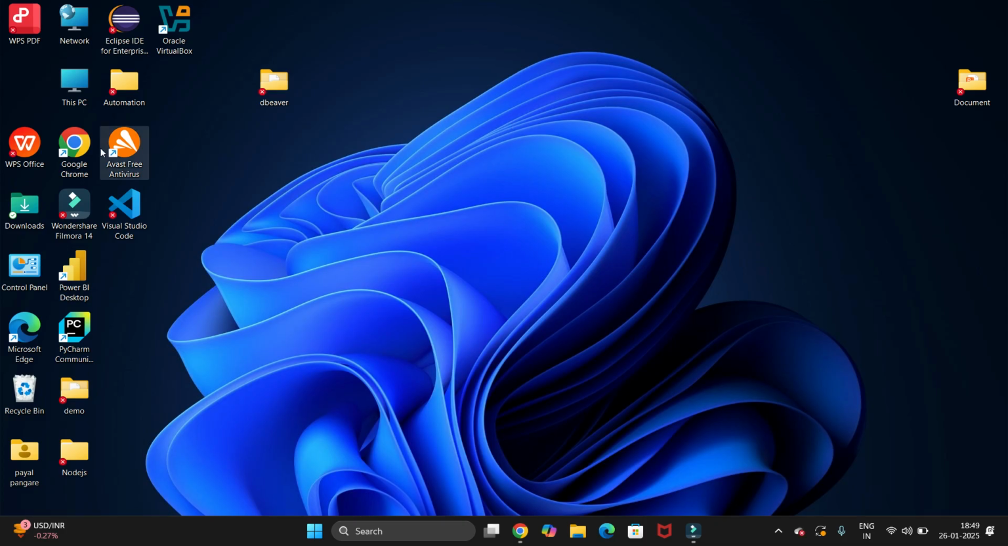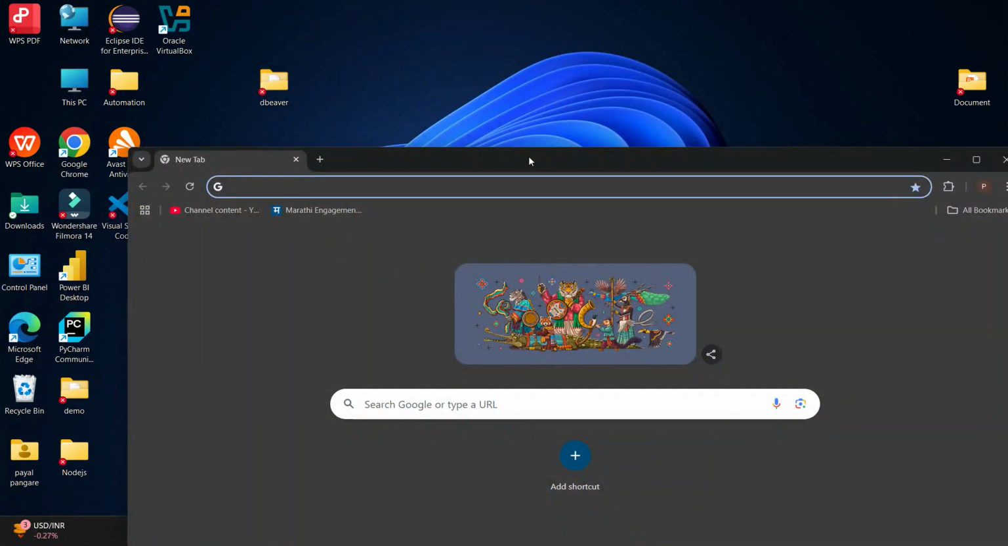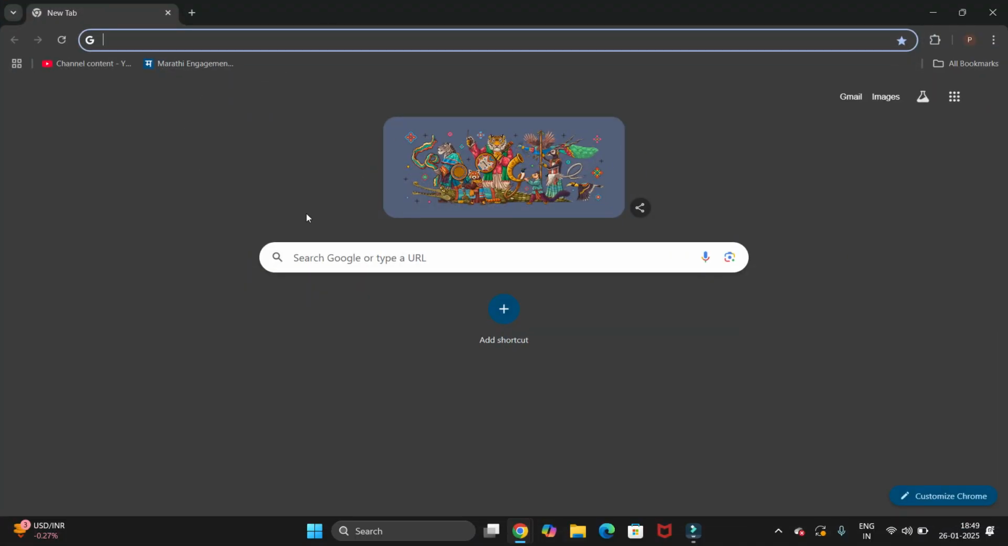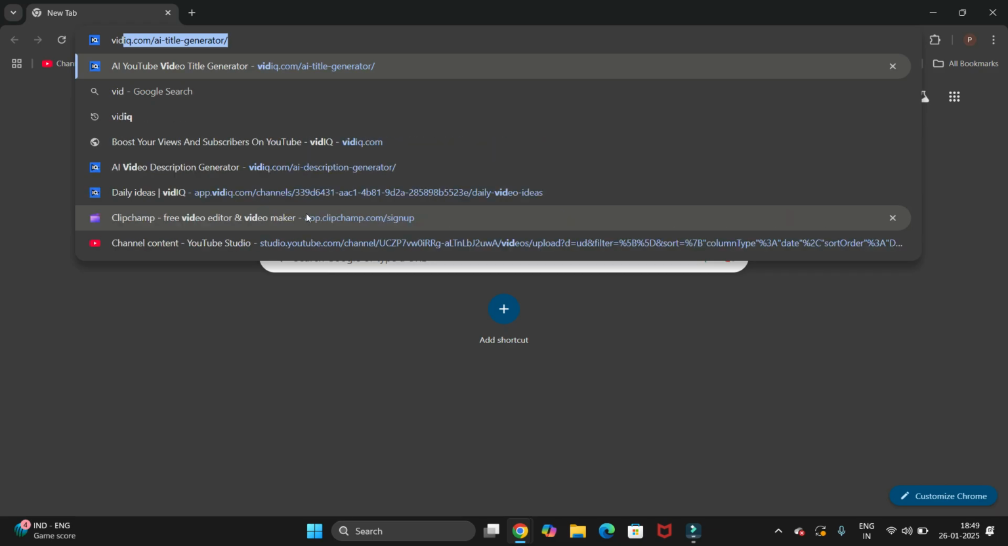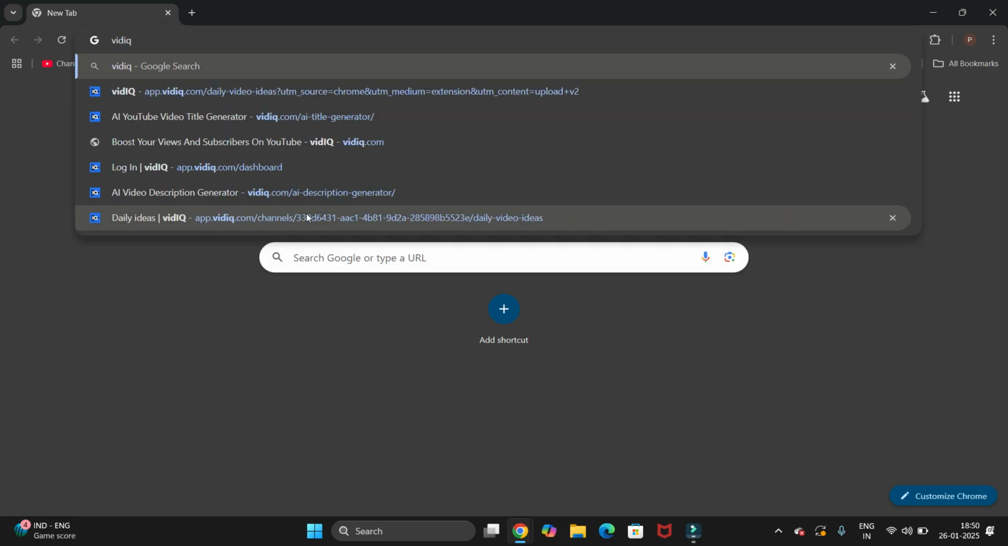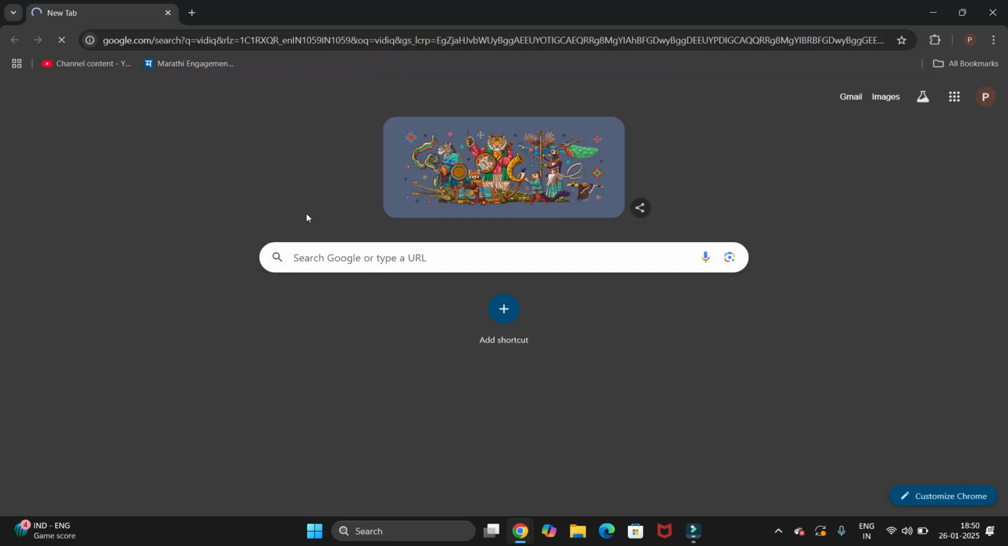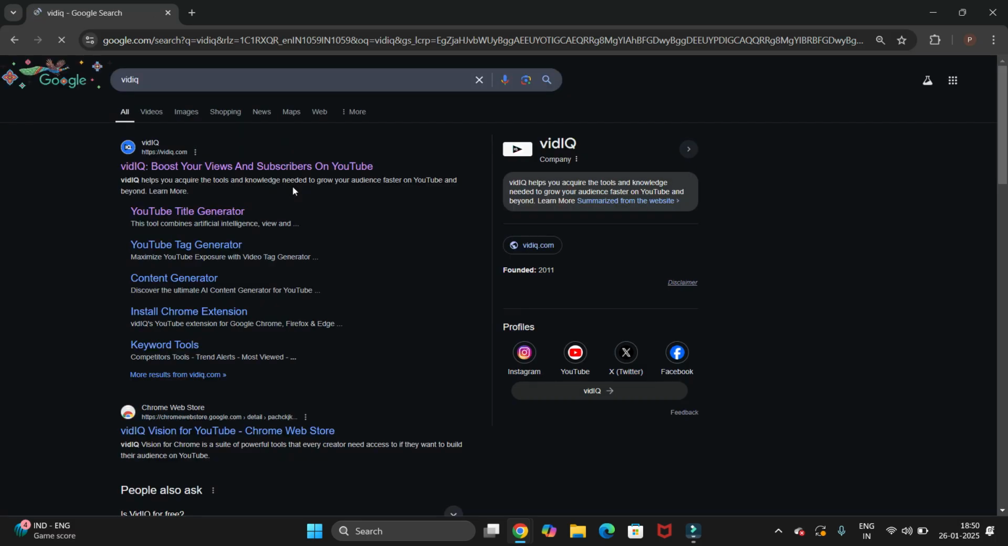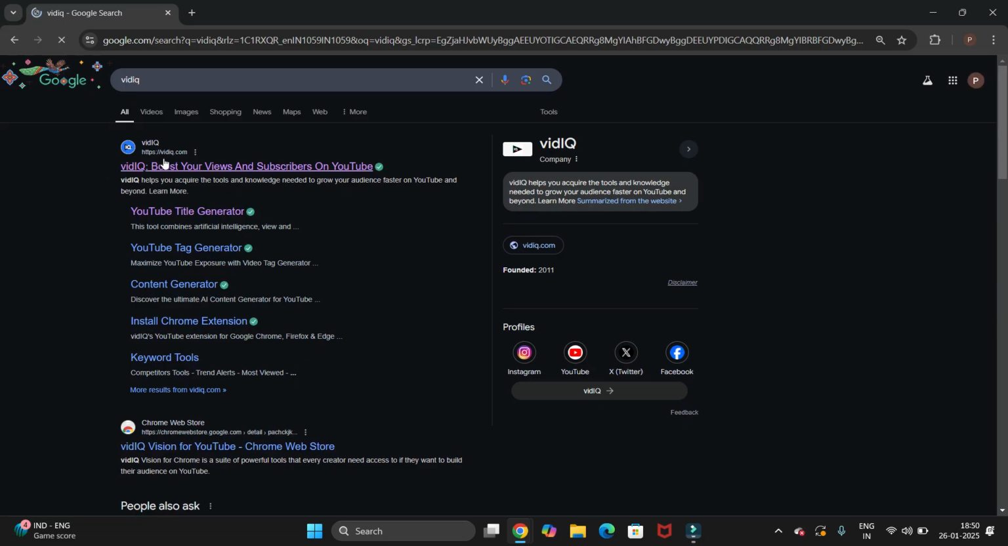So let's start. First open your favorite browser. I am doing it for Chrome, and here I am searching for vidIQ and just hit enter. Now you will get the official website for vidIQ, that is vidiq.com. So this is the link. Click on this link,